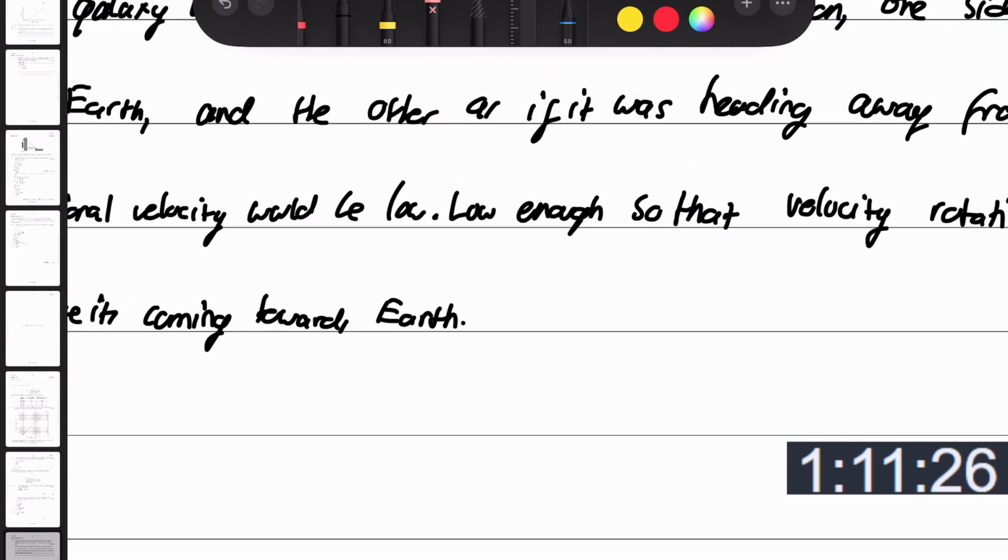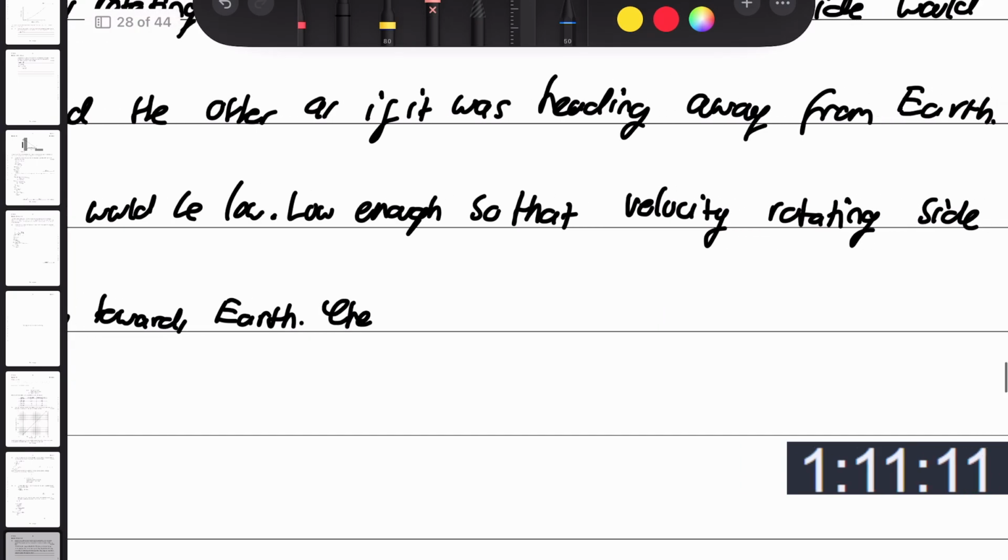Therefore, the galaxy has one side that looks like it's coming towards us. Oh wait, sorry, I'm not supposed to use 3 dots in WACE exams, so I'll say, therefore,